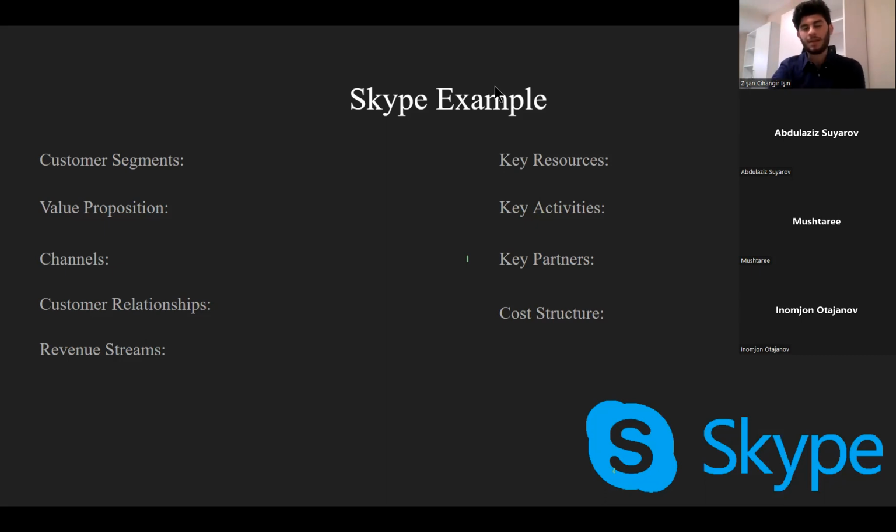Okay, let's just say it like this. In my opinion, the way we customers as Skype users use Skype is we enter the internet and we write down skype.com. This is the channel, like the global website skype.com or the Skype application that we are able to access through our phones. It is the channel that Skype reaches us, the internet users, to serve their solution.